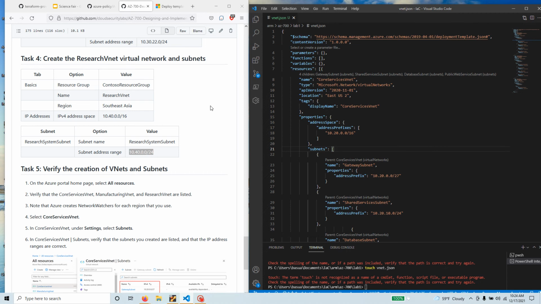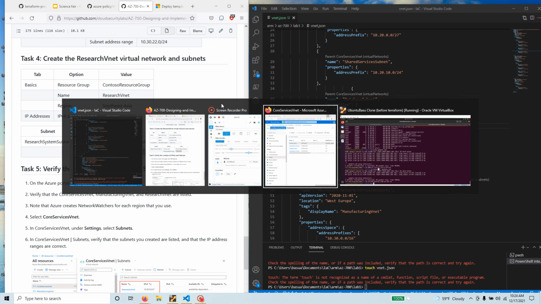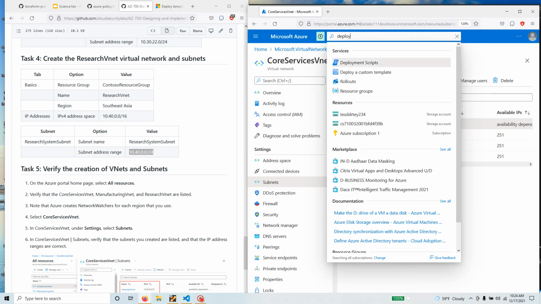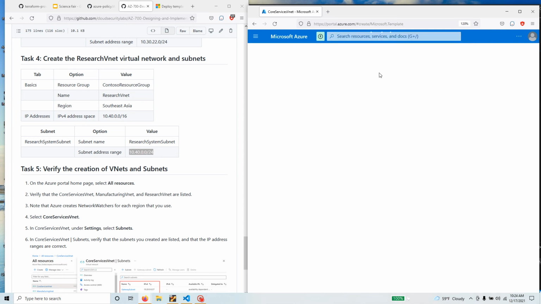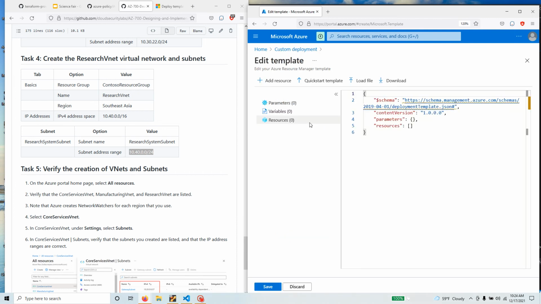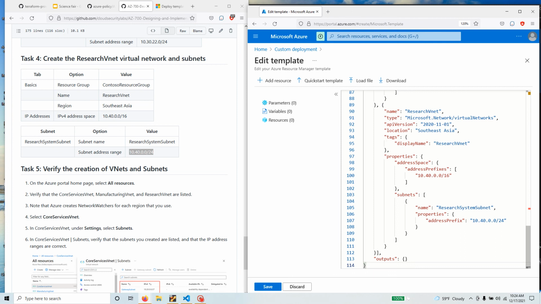Okay, now to deploy, once you have an ARM template, there are many ways to deploy the ARM template in Azure. One way I'm going to show you is this. Okay, so let's just go to our Azure. Over here you can search for deploy. Okay, so that will give you the deploy a custom template, so click on that one, and it is gonna give this screen. I'm just gonna say, okay, build your own template, and here you can get rid of everything, and over here come back, copy the code that you have written, put it in here, and then do this